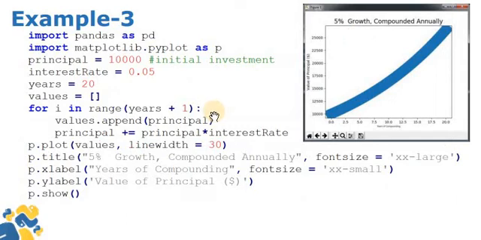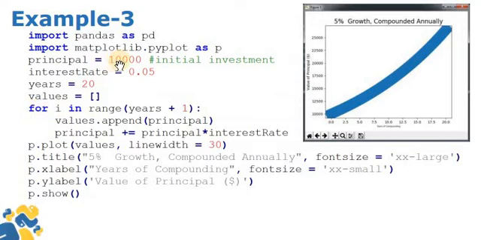Next, this is the program that computes the compound interest. What are the things we have to pass? For the compound interest, we are passing three values: the initial principal, that is the initial investment, the interest rate, and the number of years. For that, here I am using a for loop. To calculate the compound interest, the first year's interest plus principal becomes the principal for the next year. So for that, I am taking a for loop.